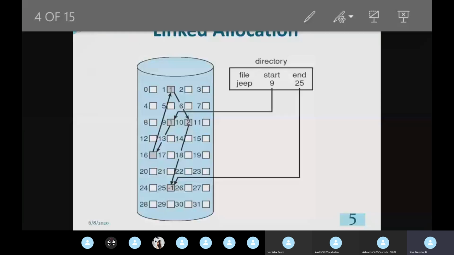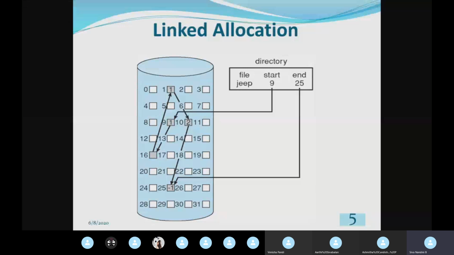For example, in this case itself, this is slide number 5, I have 0 to 31 logical blocks. For example, I can take 10 free logical blocks for file 1, then the next 10 free logical blocks for file 2. But the size of file 1 can be 8 and the size of file 2 can be 9.